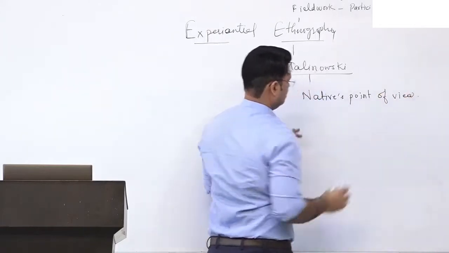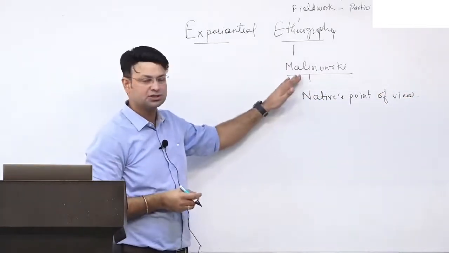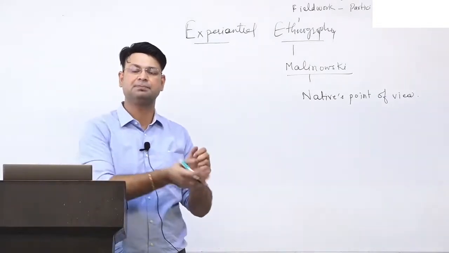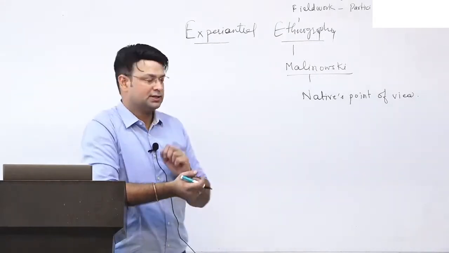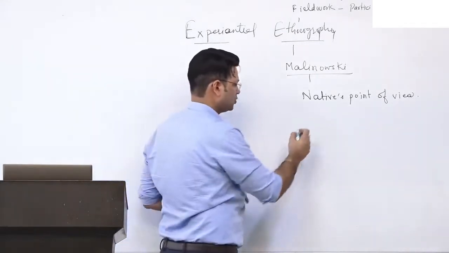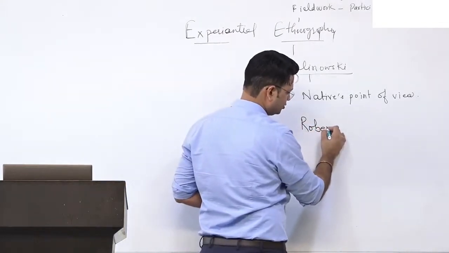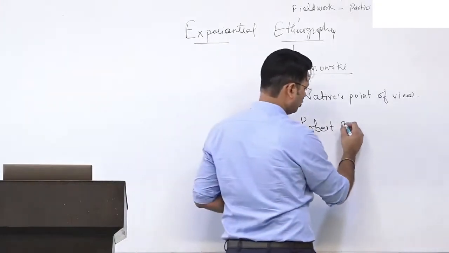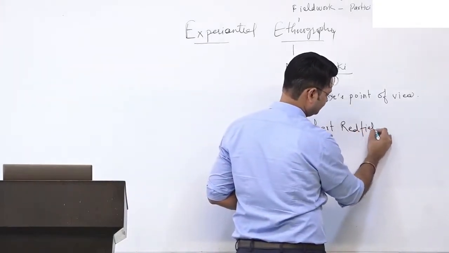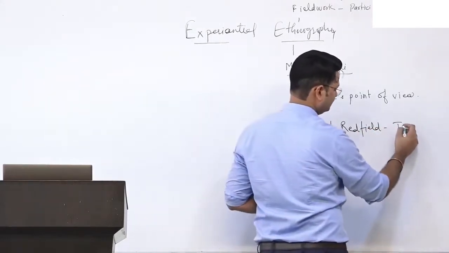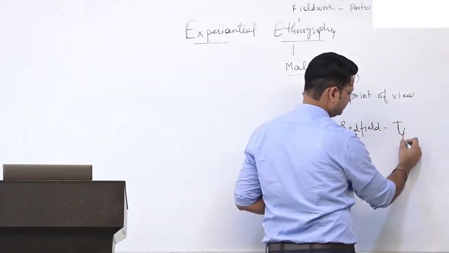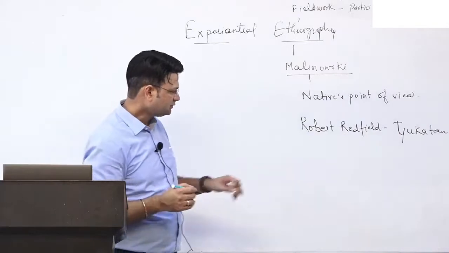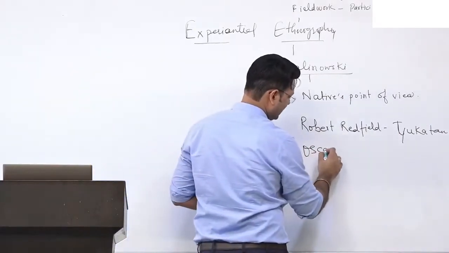A lot of water has flowed since Malinowski said these things. Some people also rejected Malinowski and the developments of that time. For example, one such rejection is that Robert Redfield, also an ethnographer, performed field work and participant observation. Robert Redfield did field work in Tepaztlan in Yucatan Peninsula. After that, Oscar Lewis also did.